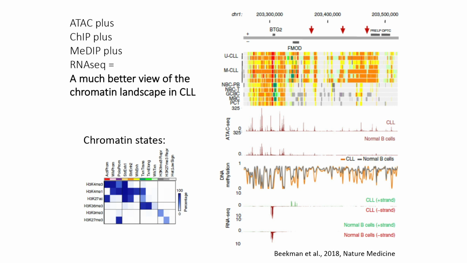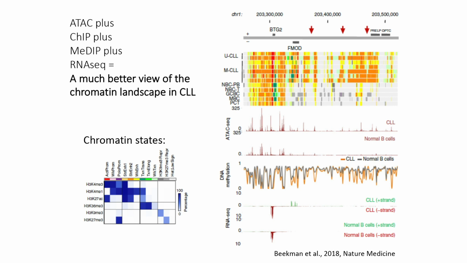For example, H3K27 acetylation is an active promoter, a strong enhancer. H3K27 trimethylation is a mark of repressed chromatin. So if we take these together, Beekman et al. in Nature Medicine in 2018 decided to color code them